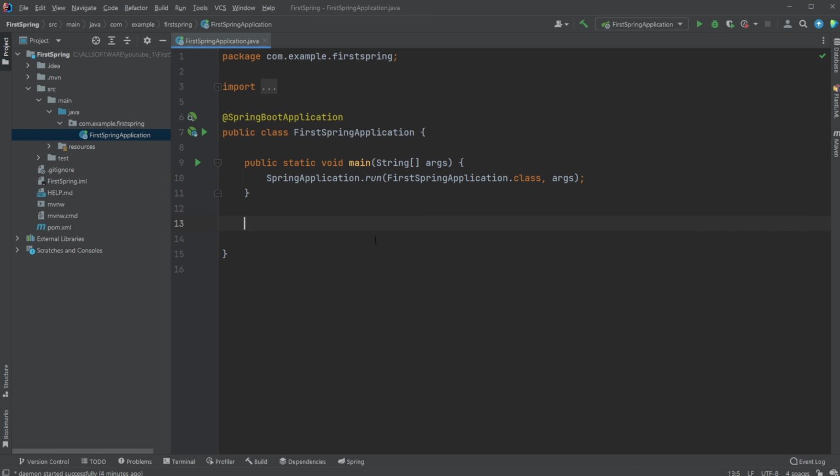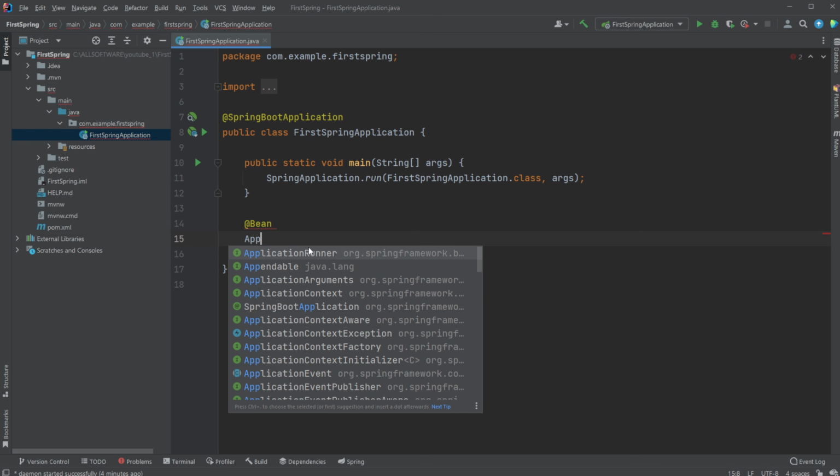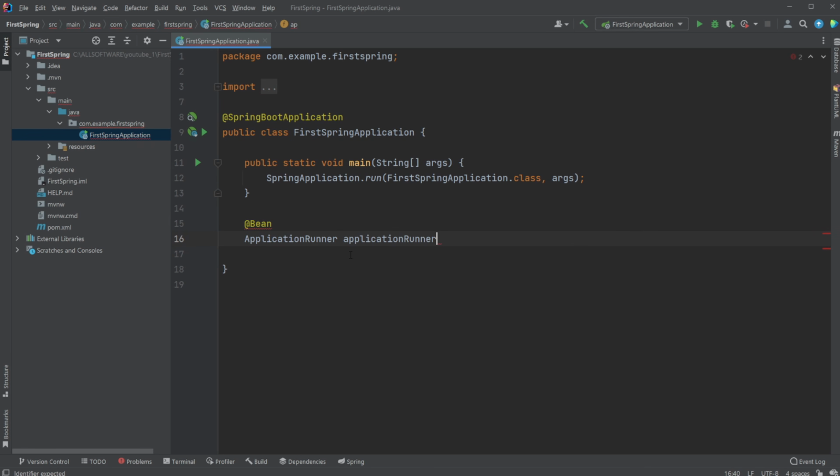However, this basic setup just creates a Spring application, in this case in itself. But to then actually run something that's been built by Spring, we would just add a Bean, which is like the basic components we use in Spring. And we then create an ApplicationRunner. ApplicationRunner might take in some parameters. In this case, we're not going to take any parameters. And in here, we're then going to return an args value